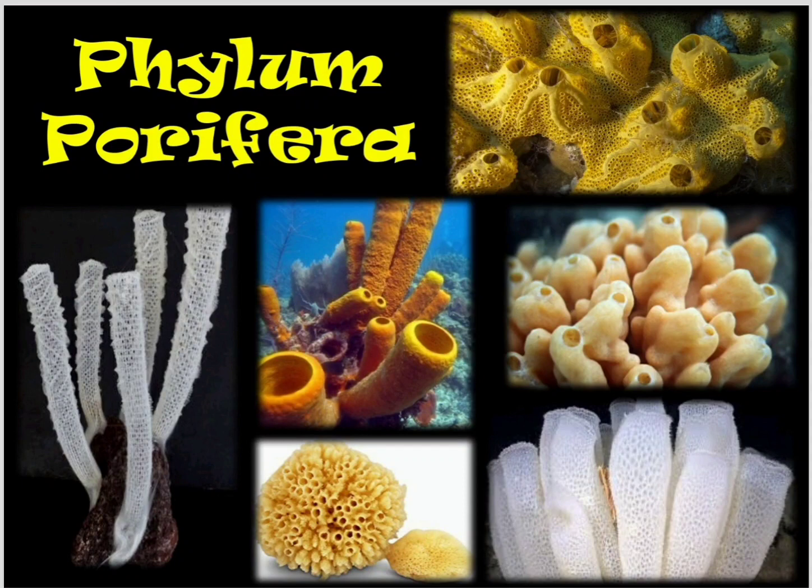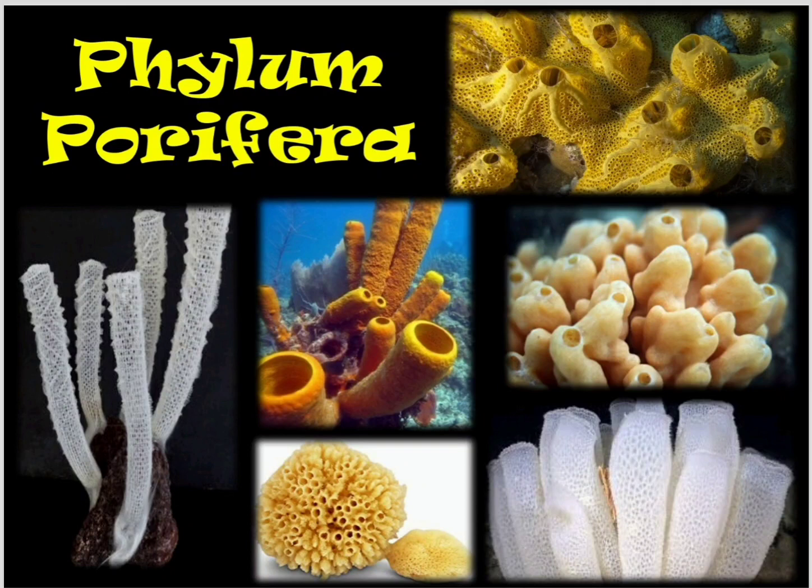These animals are usually aquatic. They are found in water. They can be found in marine water, or they can be found in fresh water. That is, they are found in salty water or they are found in fresh water. These animals have asymmetrical body. As we discussed last time, what is the meaning of asymmetrical body? So if you look at the picture, none of these animals can be divided into equal parts. So these animals have asymmetrical body.